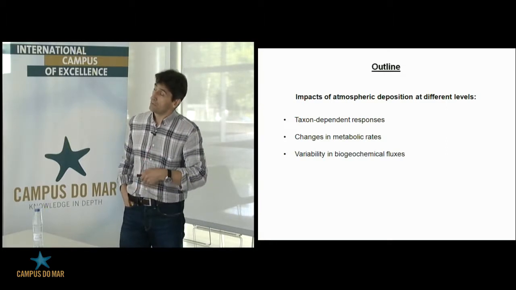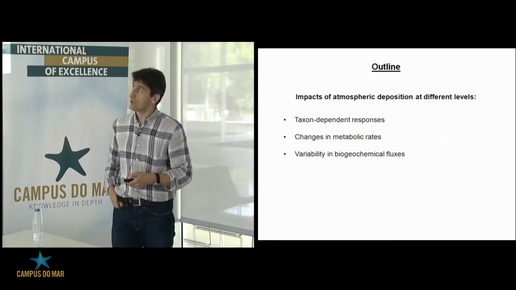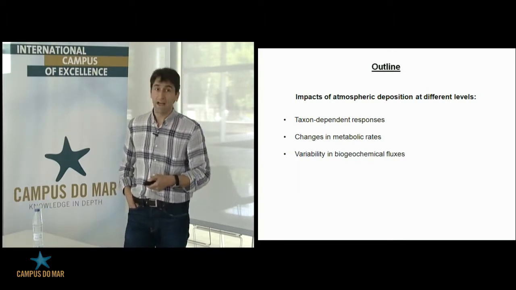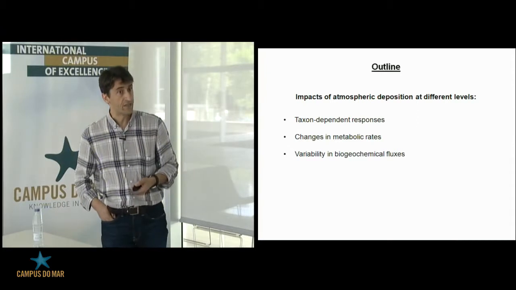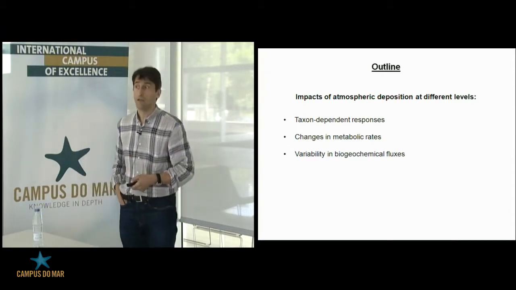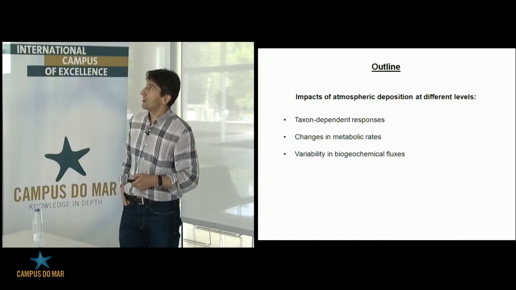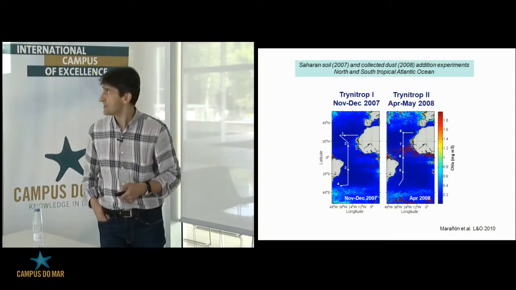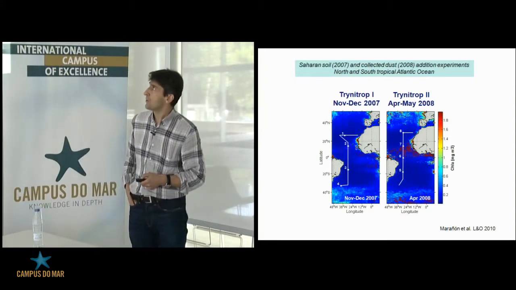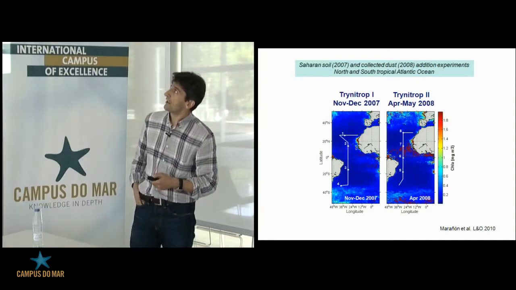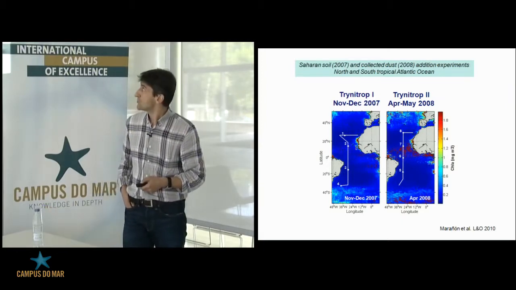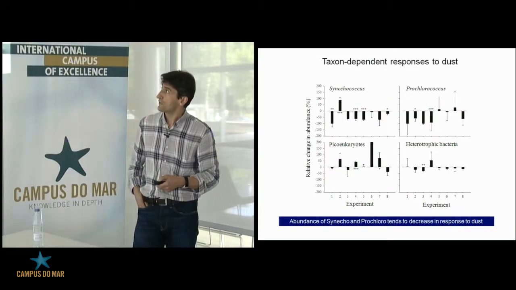And finally, I would like to give a broader picture of the role of dust deposition and atmospheric deposition by looking at large-scale variability in some biogeochemical fluxes that can be ultimately driven by changes in dust deposition or atmospheric deposition. So I would like to begin with a number of experiments that we did in the Atlantic back in 2007 and 2008, in which we added Saharan soil and collected dust to bottles and tried to analyze what the response of the community was in terms of the abundance of different